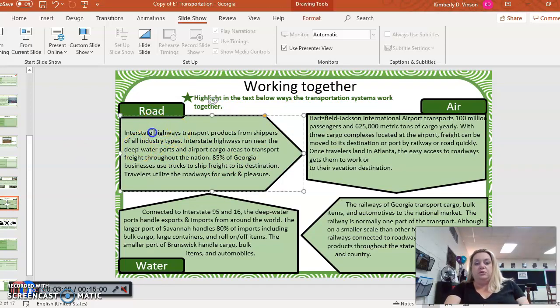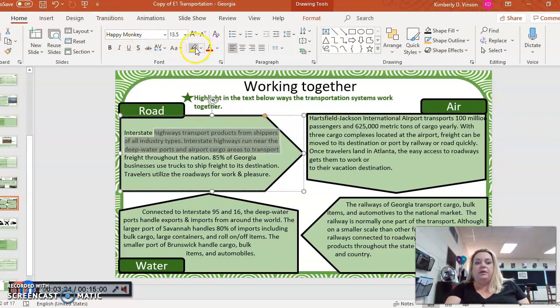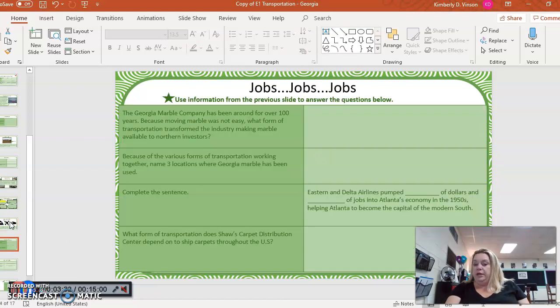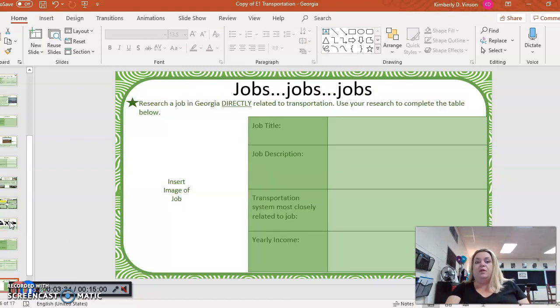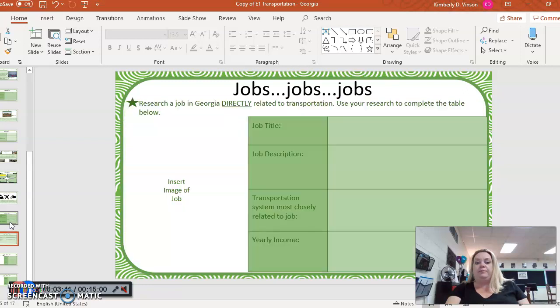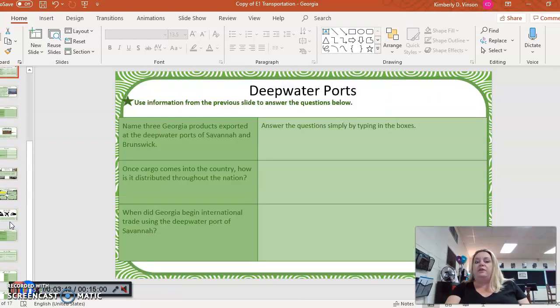Again, you're just going to take it. Sorry, this computer's not my normal computer, so it's going to take a minute. Take it, highlight. You can go to the home button and click the highlighter, and it will change the color of that. It says click on the images to learn more. Again, type in the boxes. And then it says do a little research on how it's directly and indirectly related. When you finish all of this,